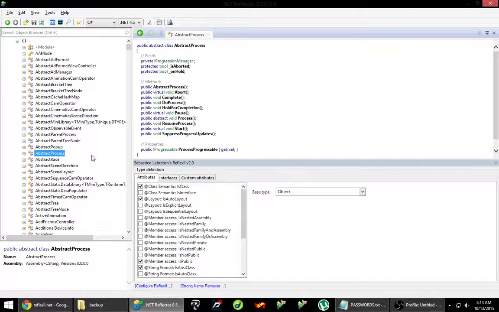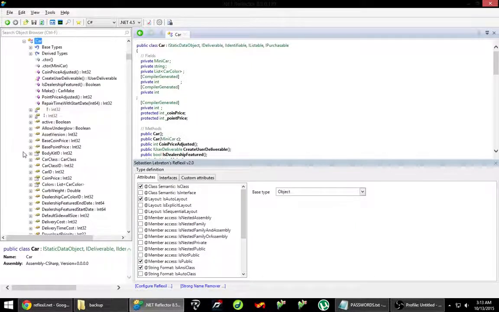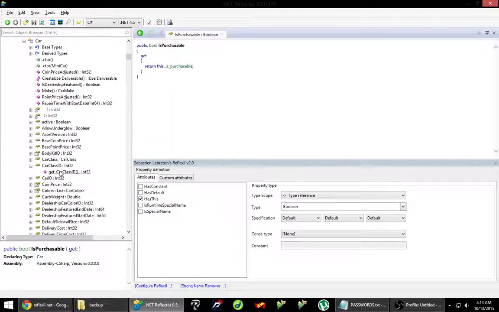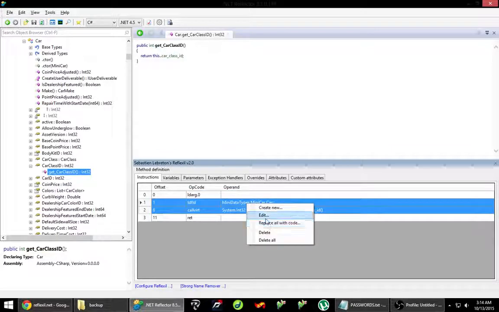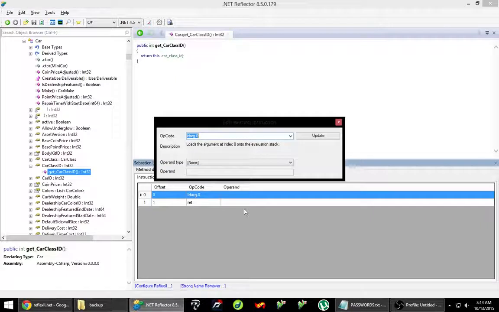So what I'm going to show you is a basic hack called All Cars in Showroom for Racing Rivals. This is very basic. It's just going to is purchasable. Once you open it, the root directory of the DLL is always the dash, and that's primarily where all the coding is for most games. Select these 2, delete them, just hold shift to select multiples. Edit,